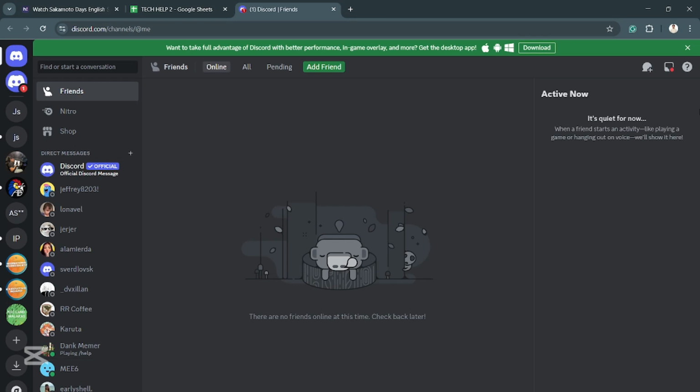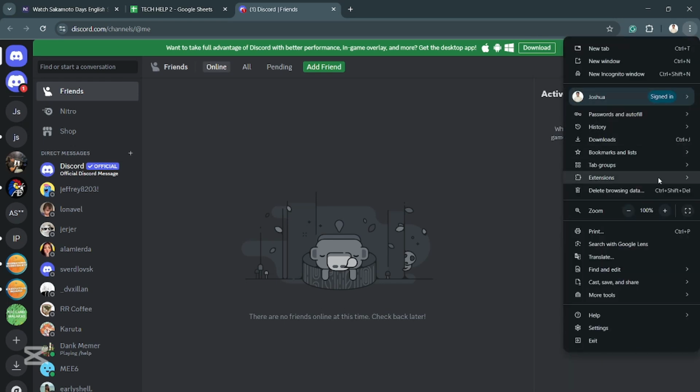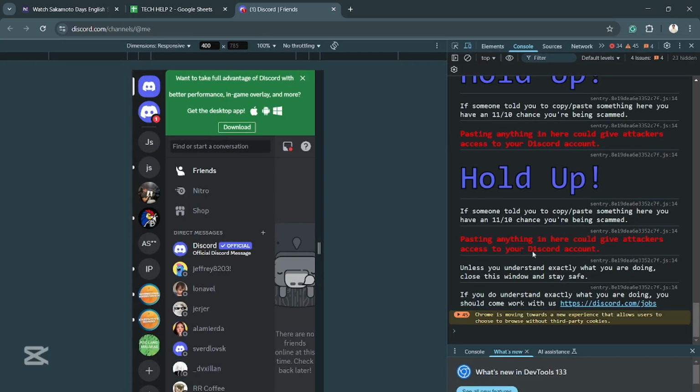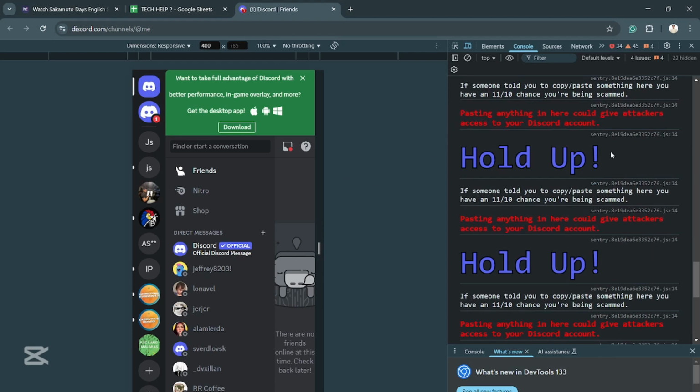So what we want to do here is click on the customize and control icon, go down here, select more tools, and then click on developer tools. Afterwards, this message is going to prompt. What you want to do from here is click on this again, customize and control dev tools. Or rather this one, this arrow right here on the side, these two arrows right here,